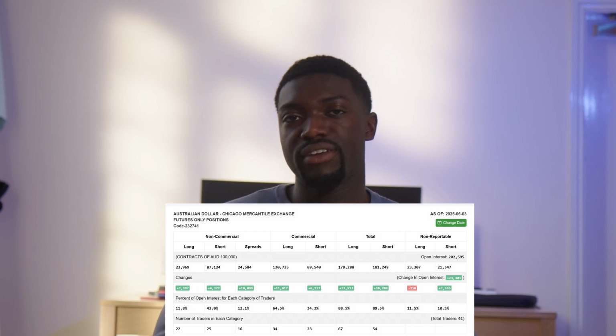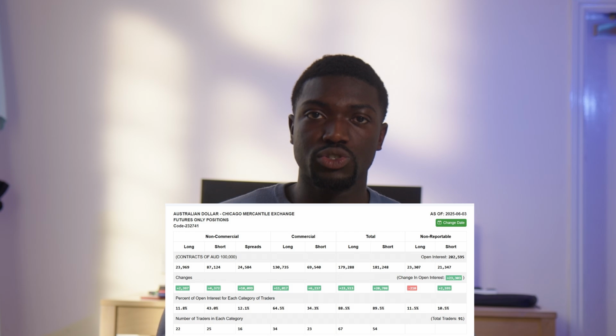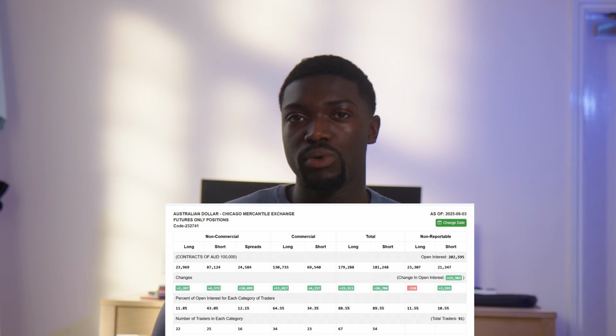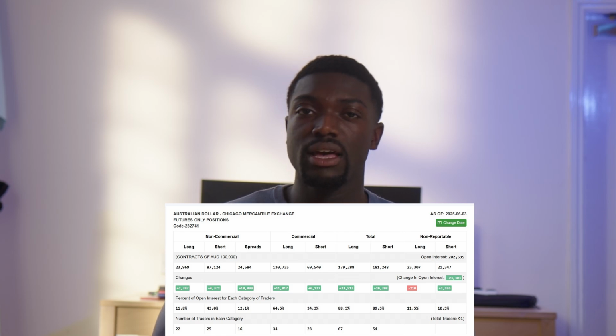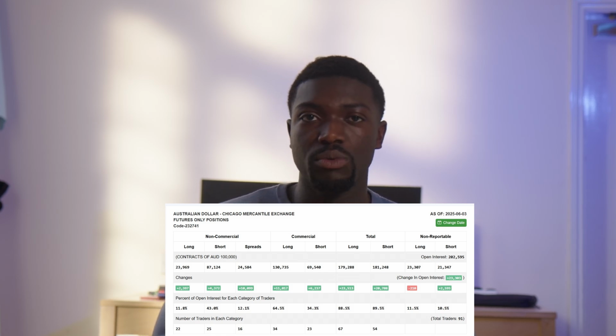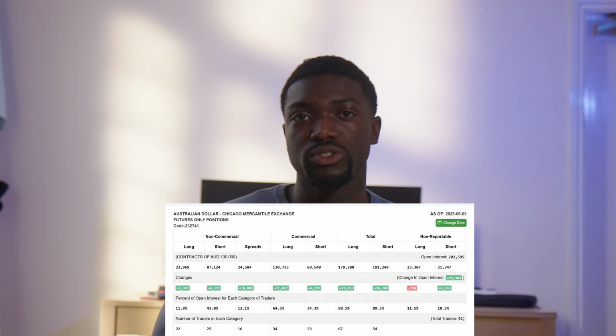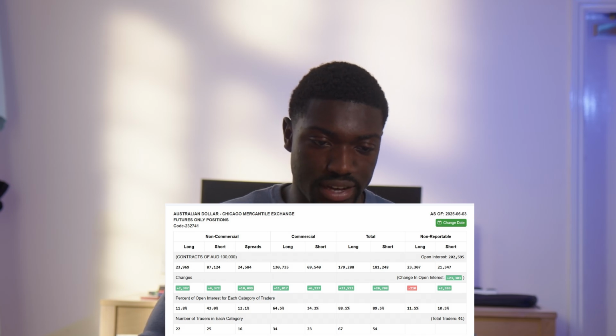And retail traders don't have as much influence like institutional traders do. So it's very, very important that we can differentiate the differences, and therefore we can always be on the right side of the market. So we can have a setup that's in line with what the institutional traders are doing, and we can also then make profits or find setups that can give us a nice risk-reward ratio trade as well. So I'll give you guys another example.